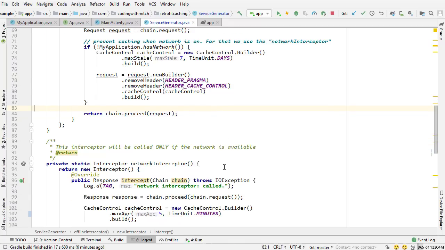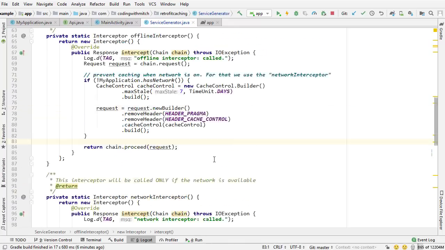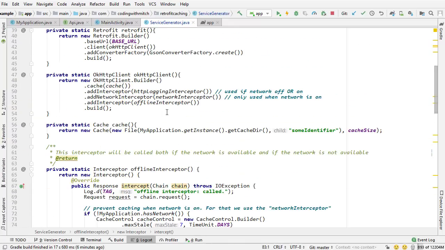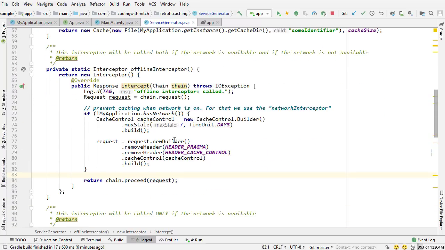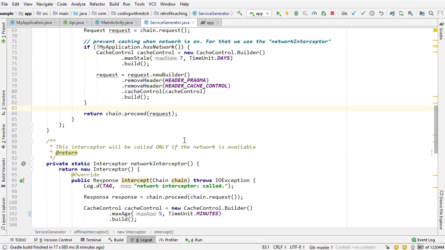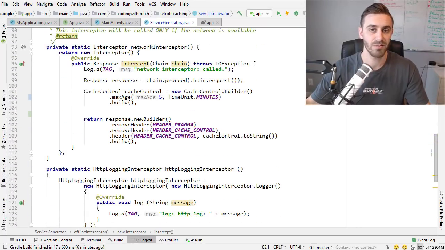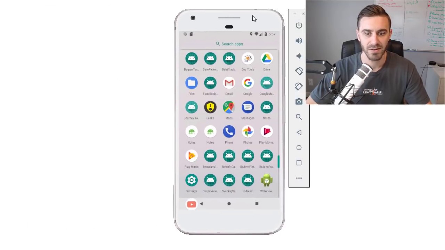If you were to copy this exactly like I have, both the interceptors, and apply the cache to the OkHttp client, you would have Retrofit caching working in your application. So the good thing about it is that it's super easy to use, as you can see, obviously. Very easy to set up. It works okay, but it's really inefficient, and it lacks a lot of functionality. Like I said, if we take a look at the REST API